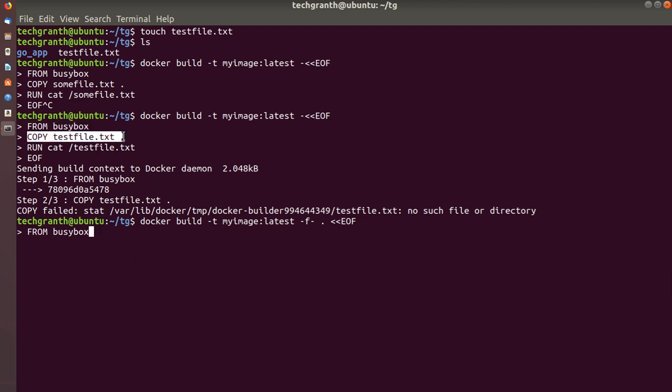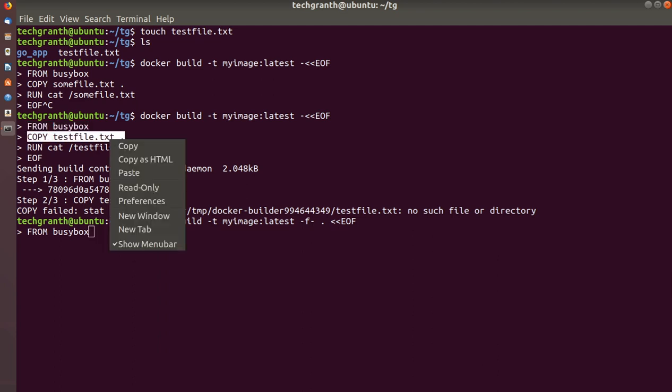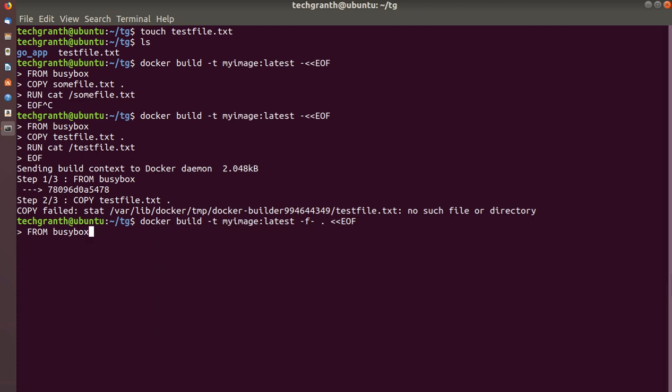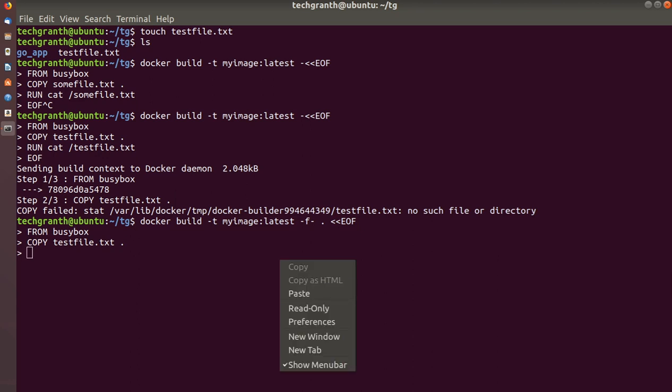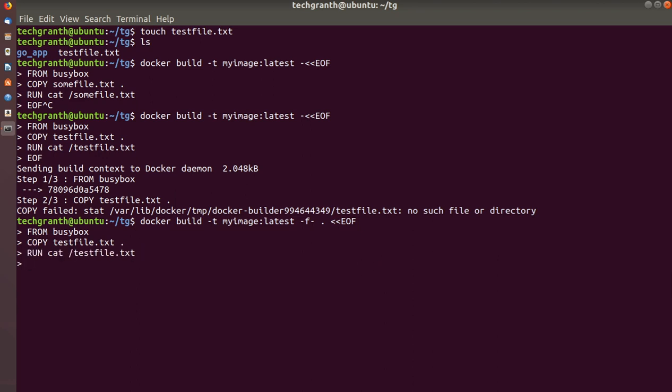Paste, and end of file. So what we have changed here is just hyphen f and dot.